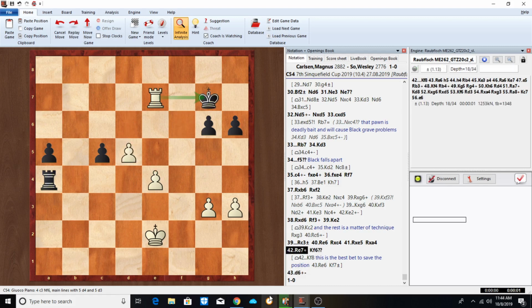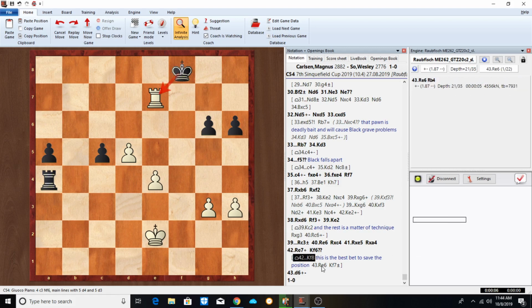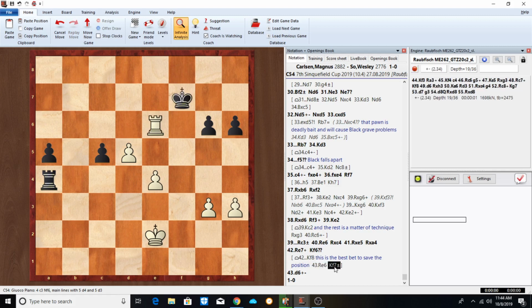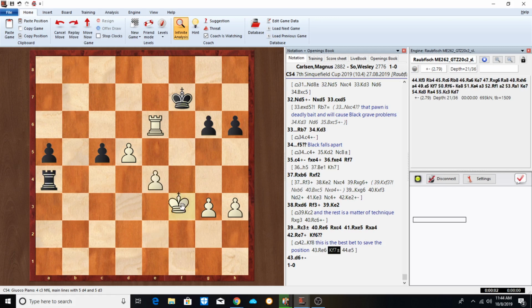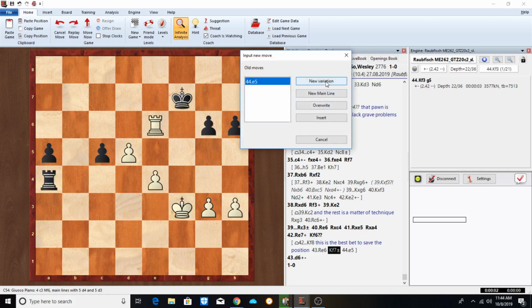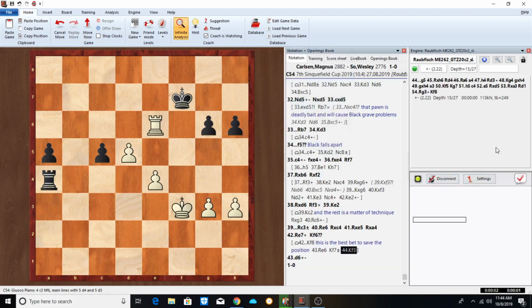So king to f8 was the better move. Then rook to e6, hitting g6, then king to f7. We can't play e5 right away because rook d4. You have to be careful pushing the pawns right away. So king to f3 would be an option. King to f3,